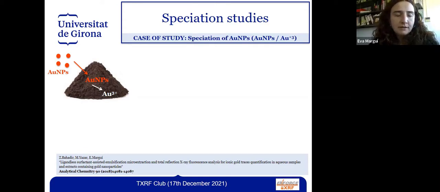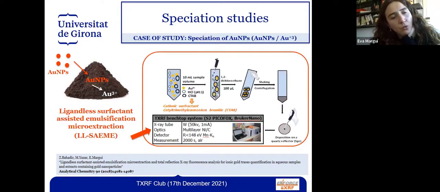For this kind of studies, of course, we will need a method with which we can quantify, for instance, the ionic gold in presence of nanoparticles gold, because if we analyze directly the resulting solution, we will have information about the total gold in the sample, but not for the specific forms. For that reason, we make first a specific extraction procedure to isolate the gold in ionic form from the